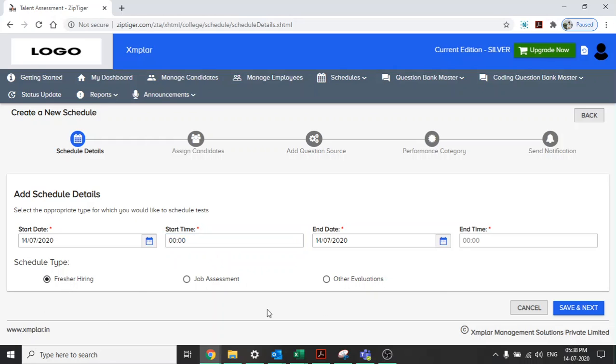What is the schedule type? It is fresher hiring, job assessment, or other evaluation. Fresher hiring will be used for this, or job assessment maybe for your employees, or if you have any other evaluations you can use that.